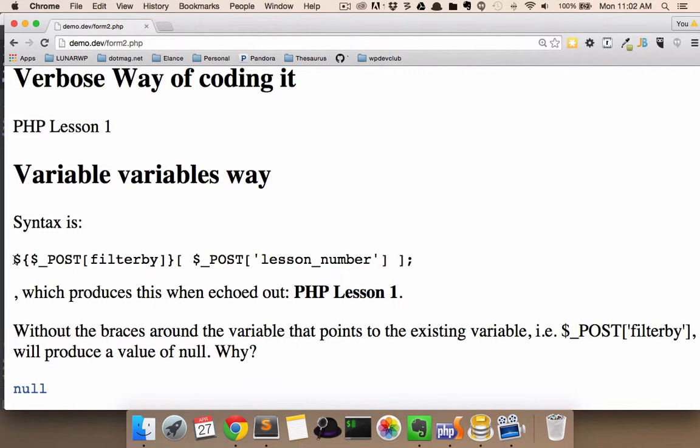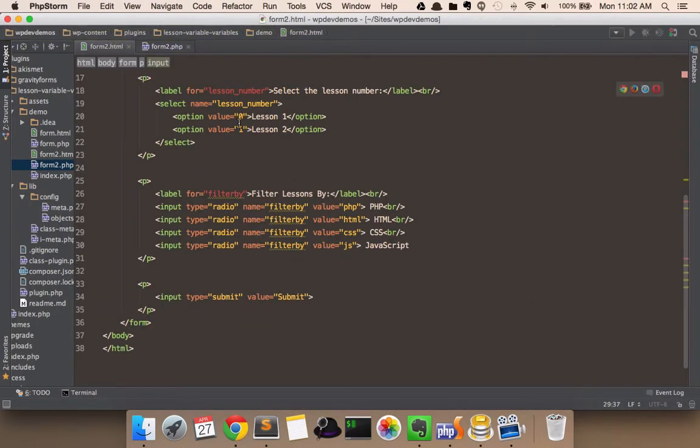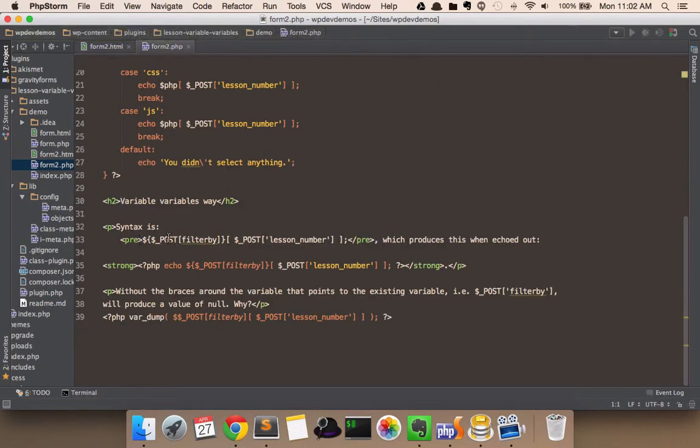Does that make sense? Then I'm using the same syntax within that array right here, where I am pulling in the index of 0, because I selected lesson 1, and lesson 1 had a value of 0. Good. So if I went back to this again,